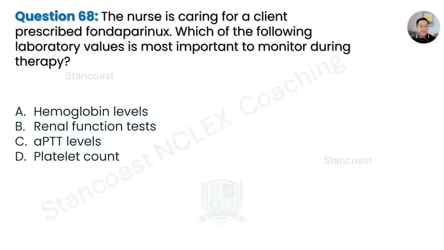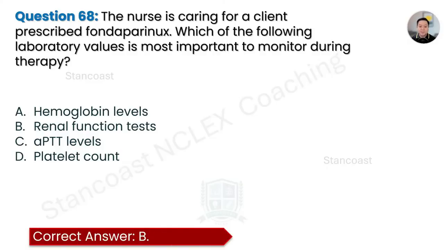68. The nurse is caring for a client prescribed fondaparinux. Which of the following laboratory values is most important to monitor during therapy? A. Hemoglobin levels. B. Renal function tests. C. Activated partial thromboplastin time levels. And D. Platelet count. The answer is letter B, because this medication is primarily excreted through the kidneys, making renal